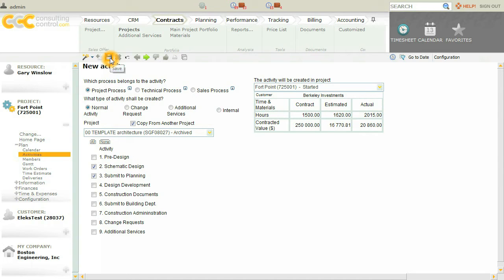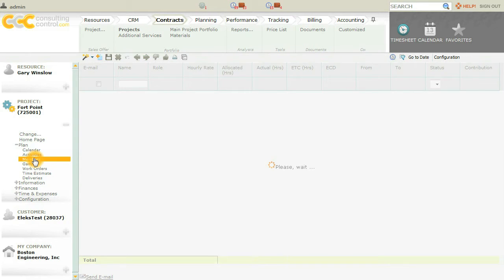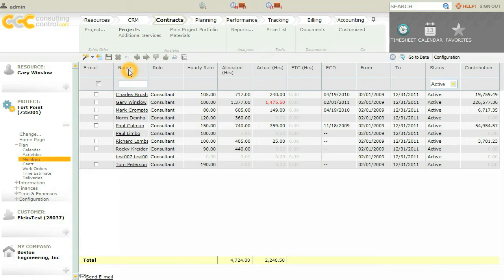Next, we can look at the members of our project. Here we click on our members. And here we see the name of each member, their role, we see their hourly rates, and much other information. We can add a new member by going over here back to our New button, clicking it,